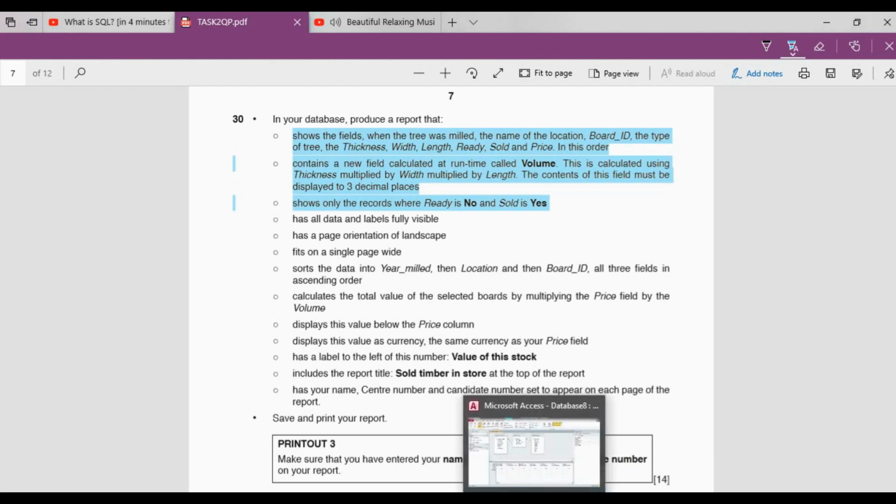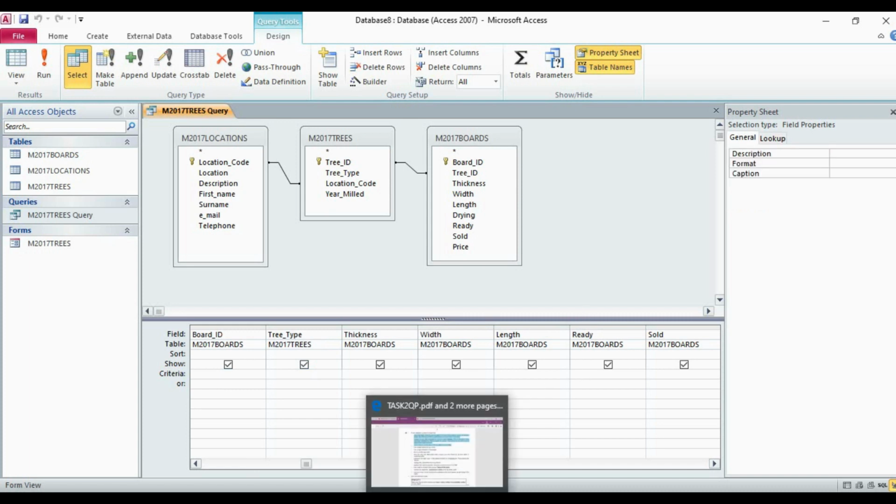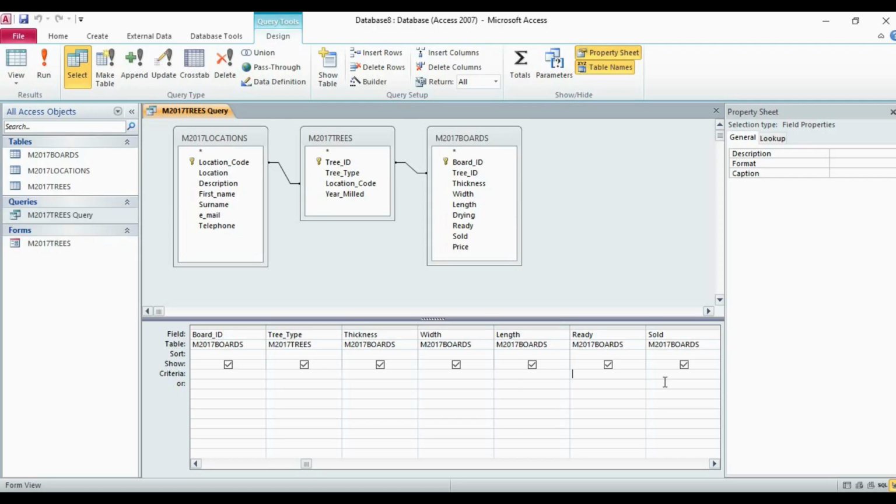Now we go to the criteria. Here we have ready, so here we will write no, and for sold we will write yes.